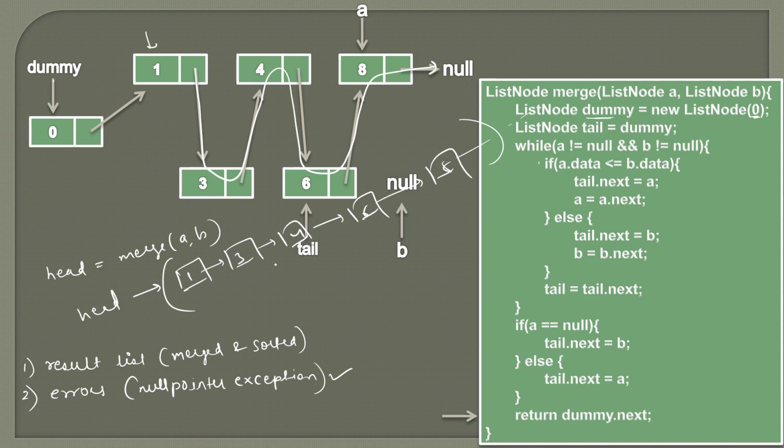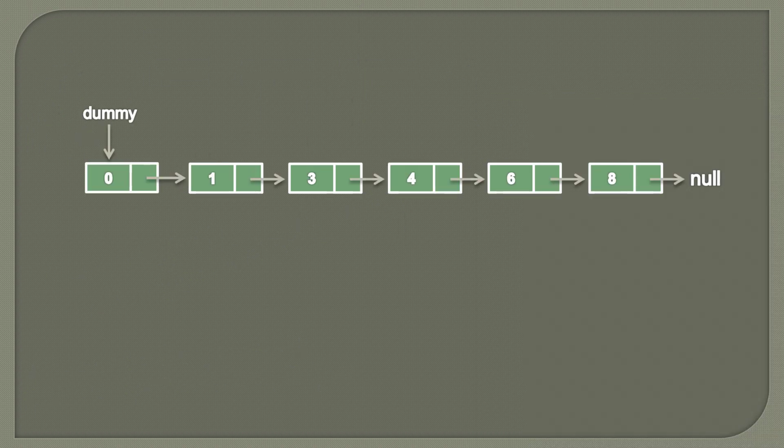So we are returning dummy.next because we have to discard this dummy, because all the nodes which we added using our tail were after the dummy node. So we have to discard this. So here if you see, if we hold this pointer and if we stretch it ahead, these nodes will be stretched out and it will look like this. So dummy was our node which we created. It has no significance. We return dummy.next. So dummy next is this. So this is our final sorted singly linked list which actually has all the elements of A and B.